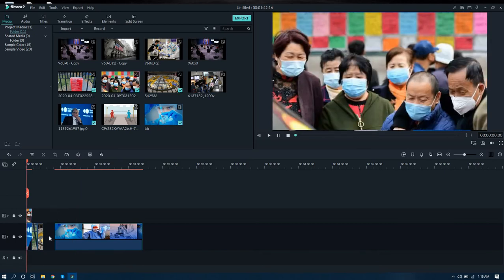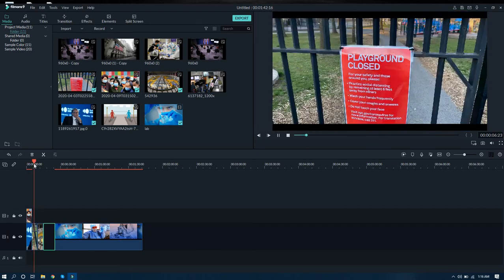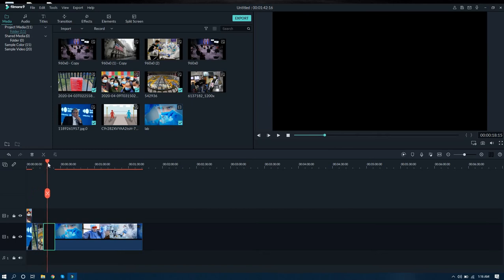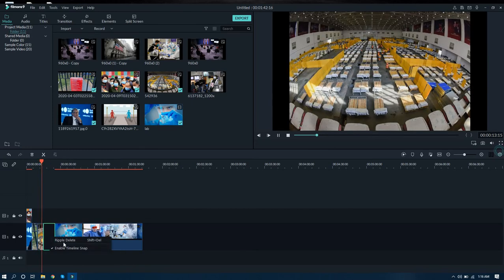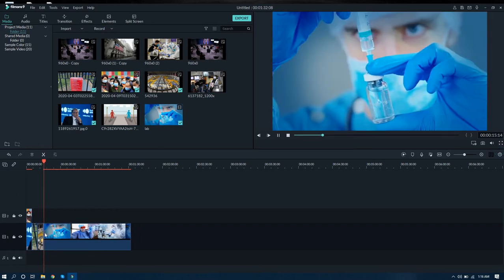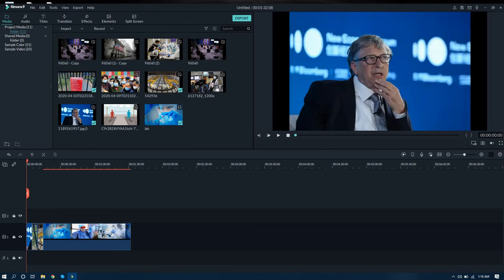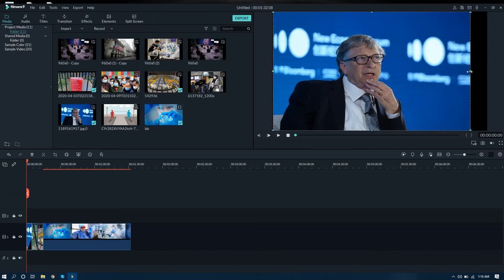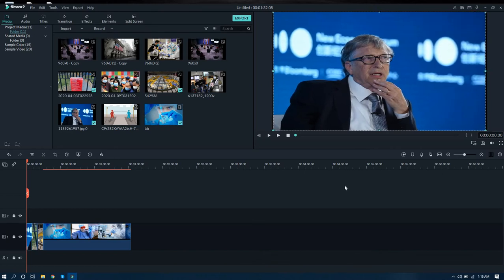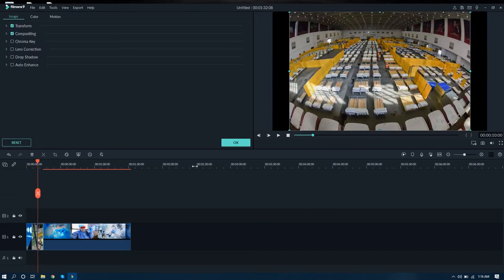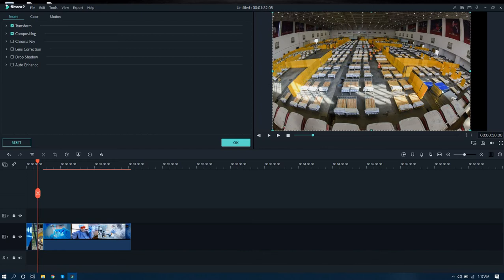Let me go to the start of the video. While playing, you can see that if there is any black portion here, the video will come up black. So you can right click on it and click ripple delete, or you can just press the delete option and it will get deleted. This is how the videos will get played. If any images are not fit to your video, you can just drag them. You can keep it like this so that the video plays well.